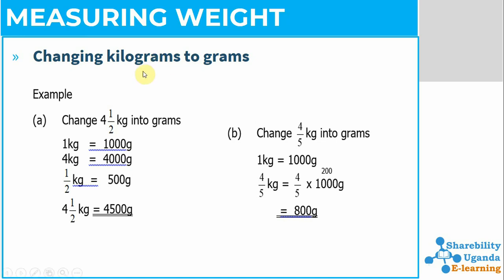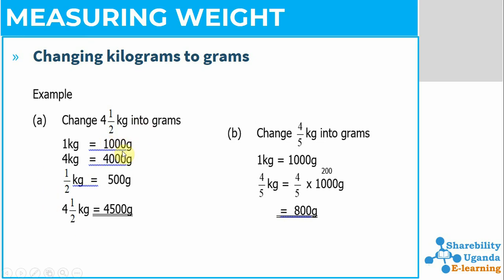We shall look at various examples. The example given here says, let us change 4.5 kilograms to grams. Now, for us to solve a number like this, we should know